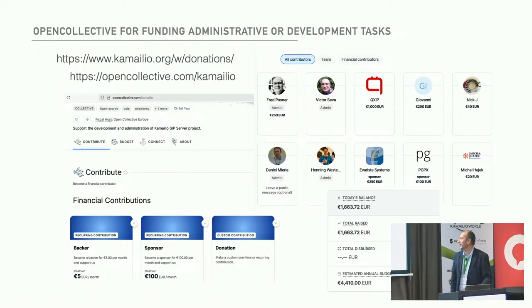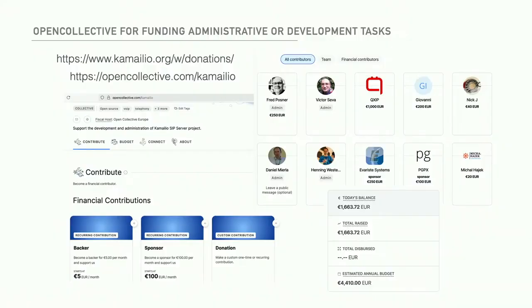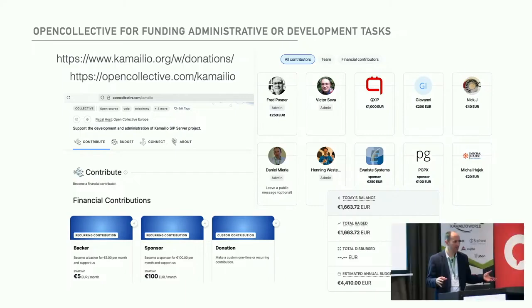Then, being discussed for many years, the options for how we can collect some funding to cover some, let's say, infrastructure, but not only, maybe to fund some projects, like development for Kamailio. Thanks to Victor Seva, who spent time looking at the options. An option was to make a foundation, but that requires quite some bureaucracy, with people to take care of it and manage the accounting for it. So Open Collective seemed like the best option.